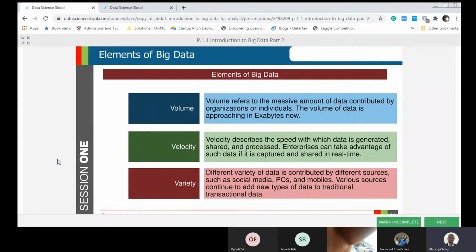The same way for big data. Big data has some characteristics that when you see them, you must know that, okay, yes, this is big data. And number one is the volume. The volume for big data must be something that is approaching exabyte. Exabyte is how many zeros now? So after terabyte, the next thing is exabyte.